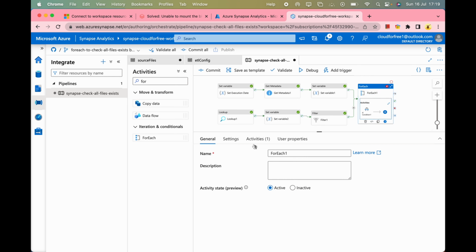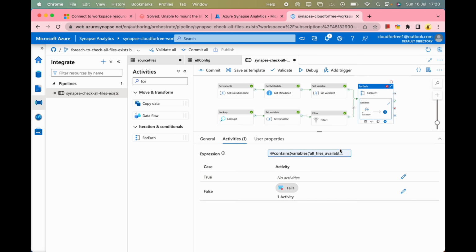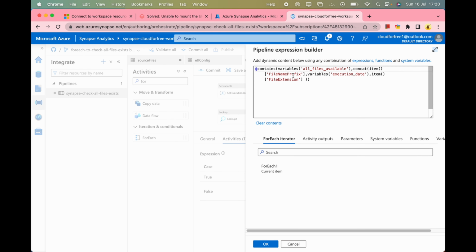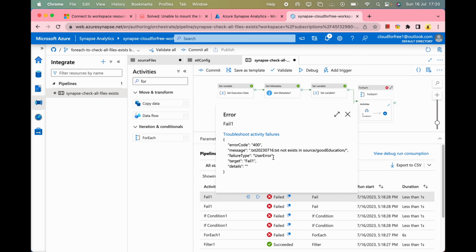Now what is the condition? Concat file name prefix, execution date and file name extension. So the output came as